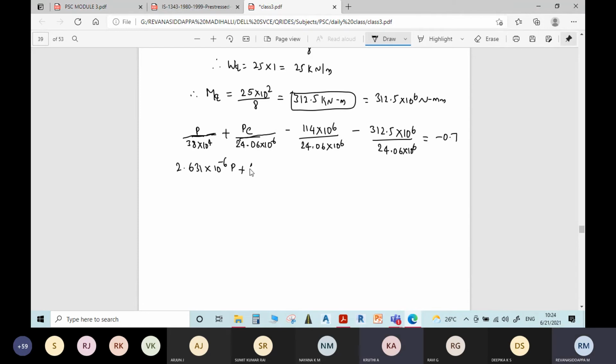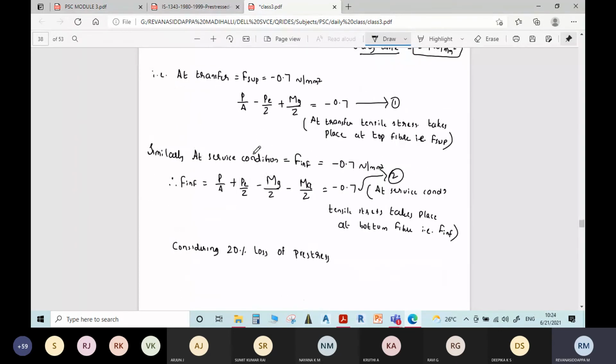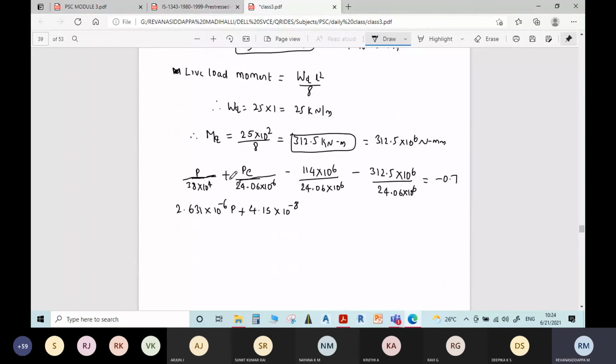Okay, 4.15 into 10 power minus 8. This is minus, no? P by A minus P by Z. Here I'll change it. 4.15 into 10 power minus 8 P into E minus